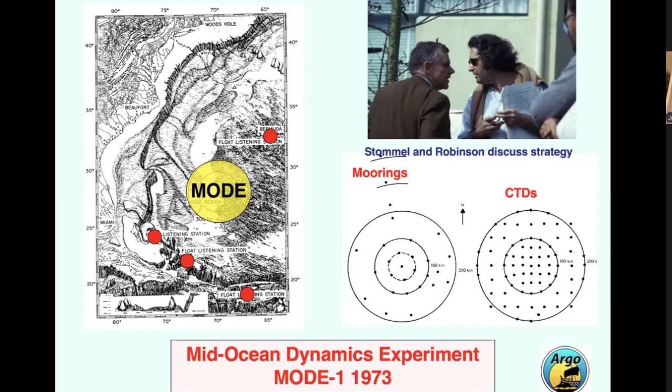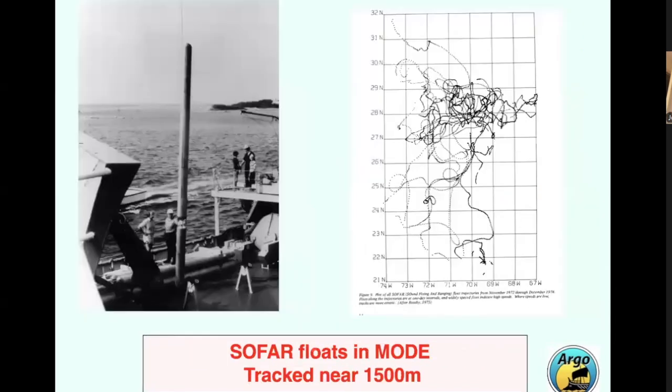Stommel was involved. You see him having a bit of an argument with Alan Robinson about some theoretical point in the design of the MODE experiment. Those SOFAR floats, and there you see them on the left, far bigger than anything that Swallow had. They weighed many, many kilos, and there is a picture of the so-called spaghetti plots of where the floats had